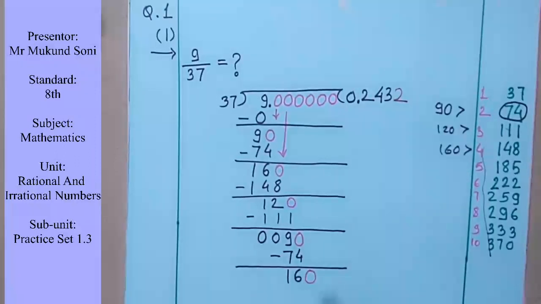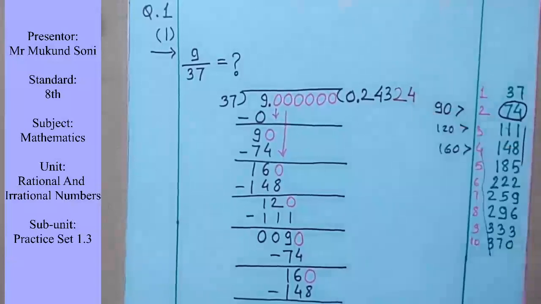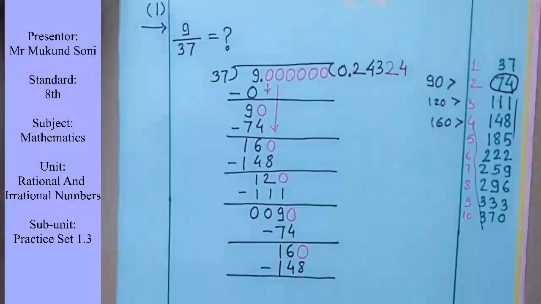Again look into the table of 37, and we know that 148 is less than 160. So 148 will be subtracted from 160. And not to forget to write the quotient. Our quotient is 4. Now do the subtraction here. After doing the subtraction, my answer will be